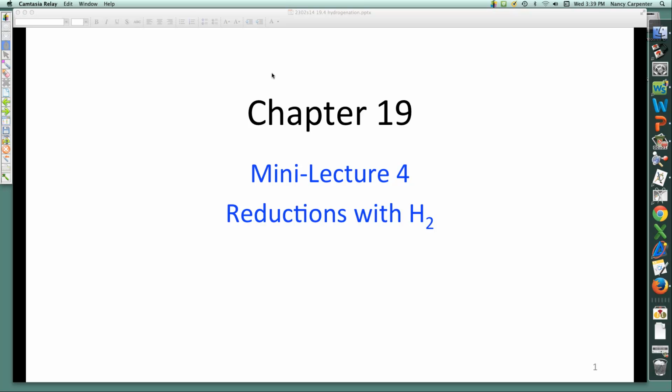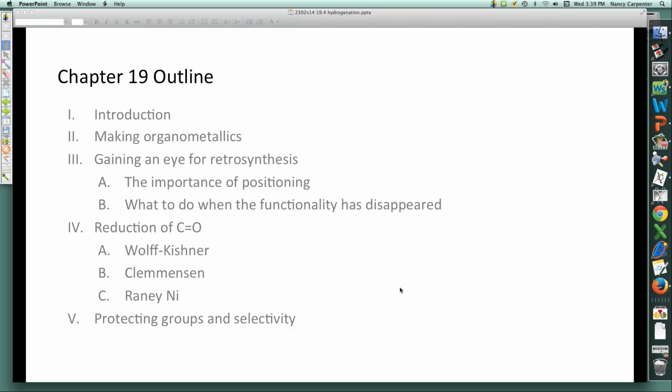All right, now we are going to forge onward into the reduction and oxidation portion of Chapter 19, beginning with reductions with hydrogen gas. So, what have we gotten through so far? It's been a mishmash. We learned how to make Grignards and organolithiums, but that was introduced in Chapter 18 by me. So that's